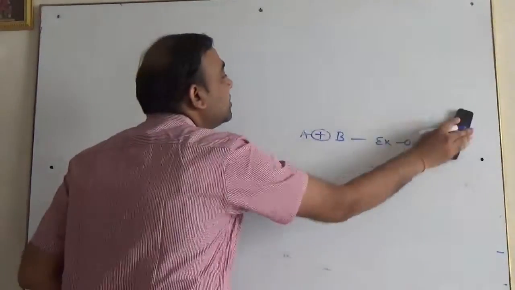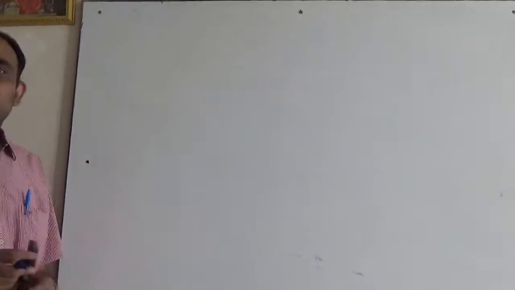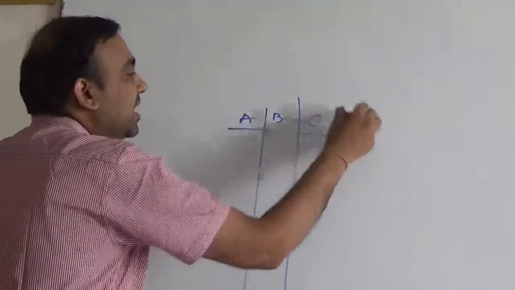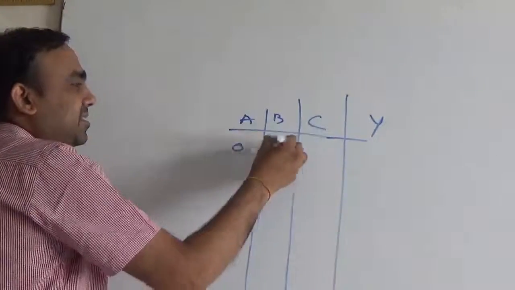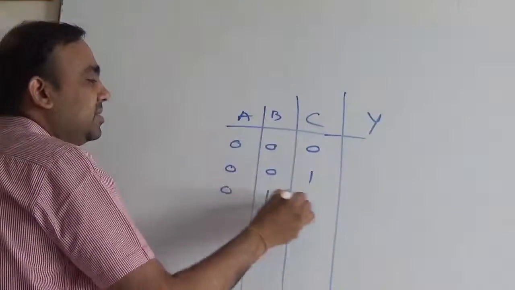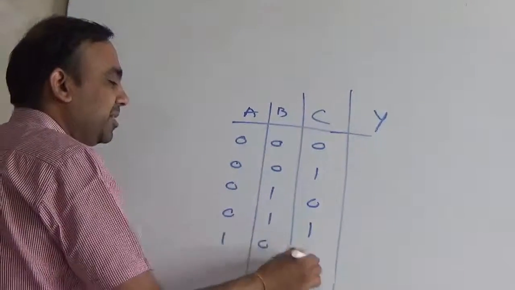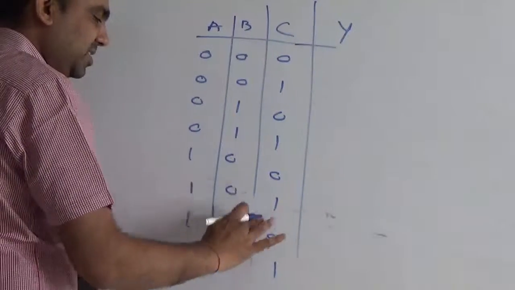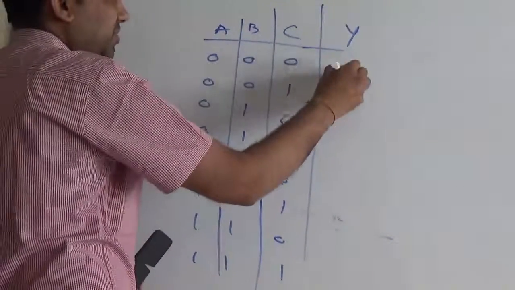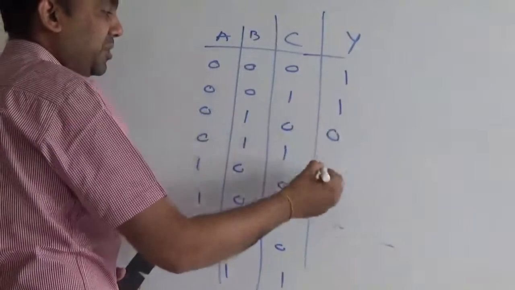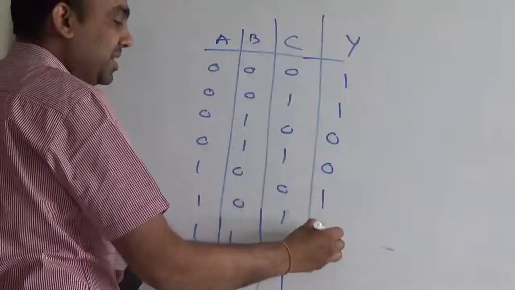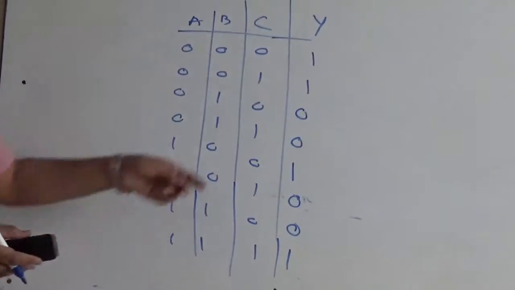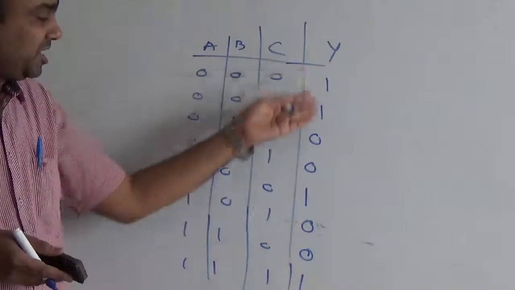Now, there is some other logic also. Look at the other logic. Suppose I have 3 friends and my decision is something. I will just write it down. Again the decision for going to the cinema. So it is a strange decision. In this case I will go. In this case I will go. In this case I will not go. Here I will not go. Here I will go. Here I will not go. Here I will not go. Here I will go. So can you tell me which gate fits this particular logic?